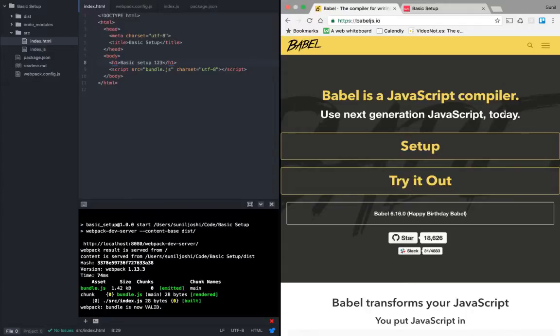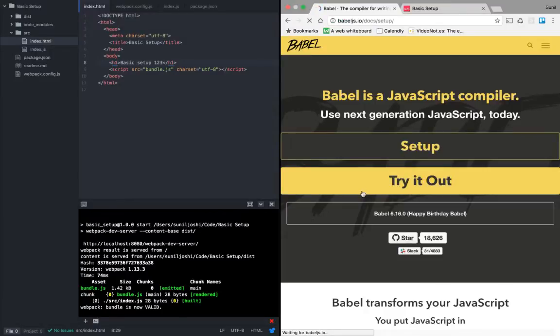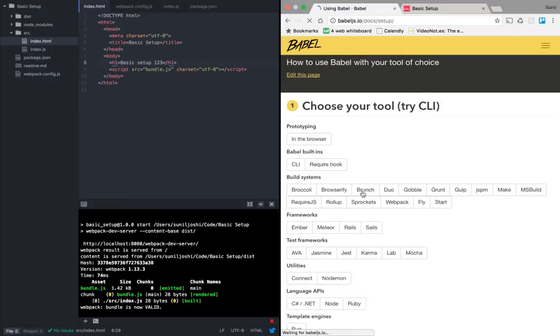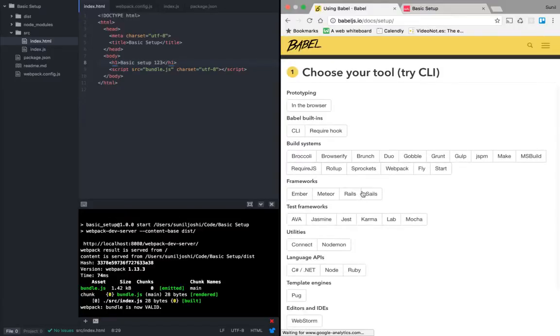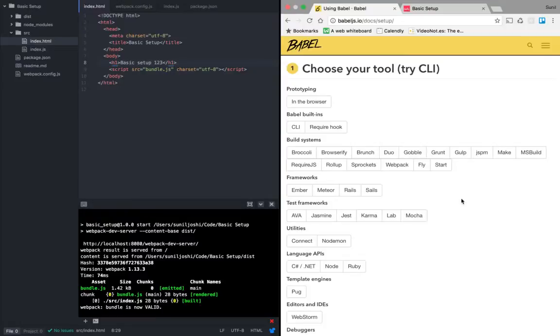So next generation is ES6, ES7. We can also write React and compile to JavaScript. So this all explains it. So let's go ahead and install it. You see there are many kinds of installation we can do, but right now we are interested only in Webpack, but you can go through this site and see many things out here.